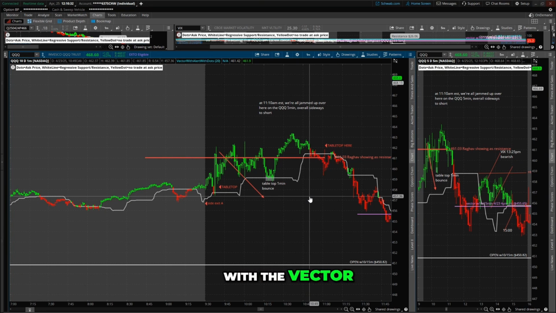Okay, with the vector we see different types of patterns that we are going to discuss right now. But I just want you to remember one simple thing. There is absolutely no certainty that we are going to see an exact replica of that particular pattern. Okay, there is no certainty in trading. We can always have some rough patterns that we can use to trade, that I'm just going to show